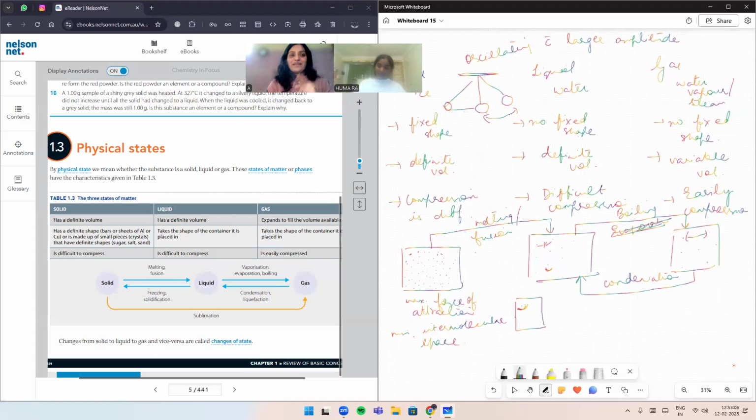Hence, it is converted into liquid. Now, if I'm talking about the liquid, then again the energy has been taken away. Now the amplitude will be further reduced, very much, so now they are going to freeze. This is how water freezes to form ice. And for freezing purposes, we keep them in refrigerators, where the temperature is lower.